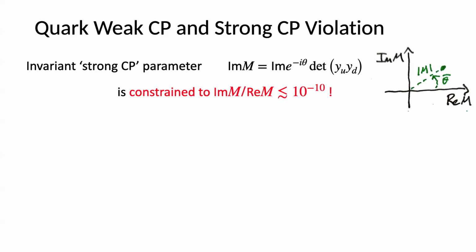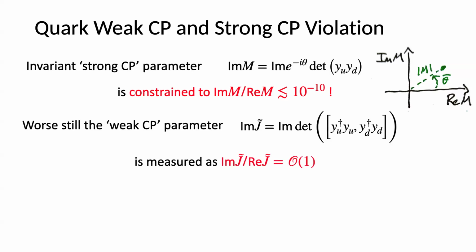And remarkably, we have found that the imaginary part is smaller than the real part of M by at least a factor of 10 to the minus 10. Normally people talk about this in terms of theta bar, the strong CP angle, but it turns out to be a bit confusing for the sort of thing I want to do. We can chat about exactly why later. Anyway, you might naturally expect this to be an order 1 number. So already to say that it's 10 to the minus 10 is very odd.